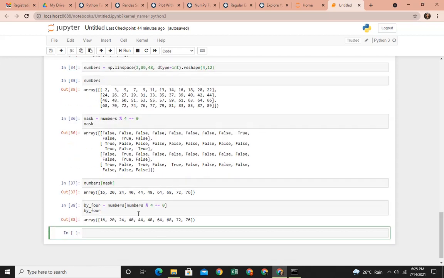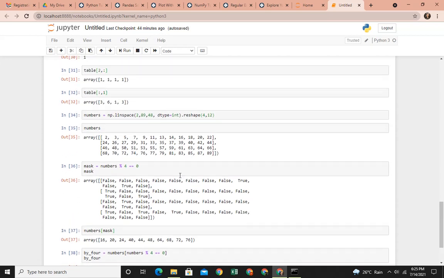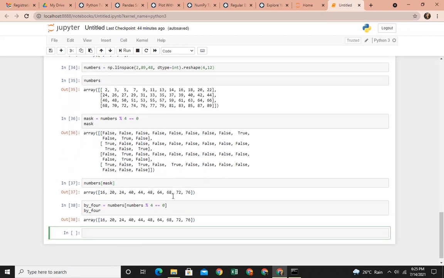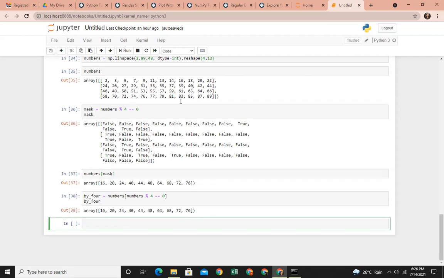First one is, this one took a little more time, but this was completed by one instruction itself. The other thing to be noted is, here the reshape dimensions are 4,12, and when you apply a mask on an array which is of the dimension 4,12, you get a single dimensional array, 1D array.